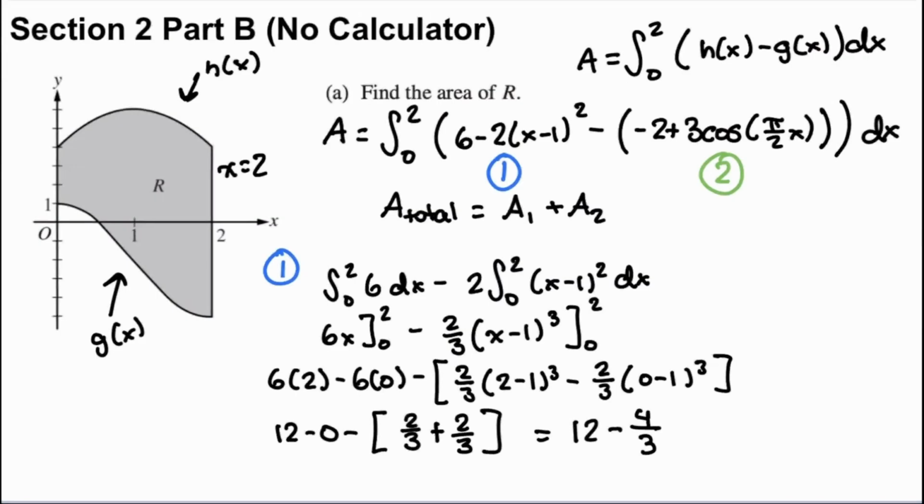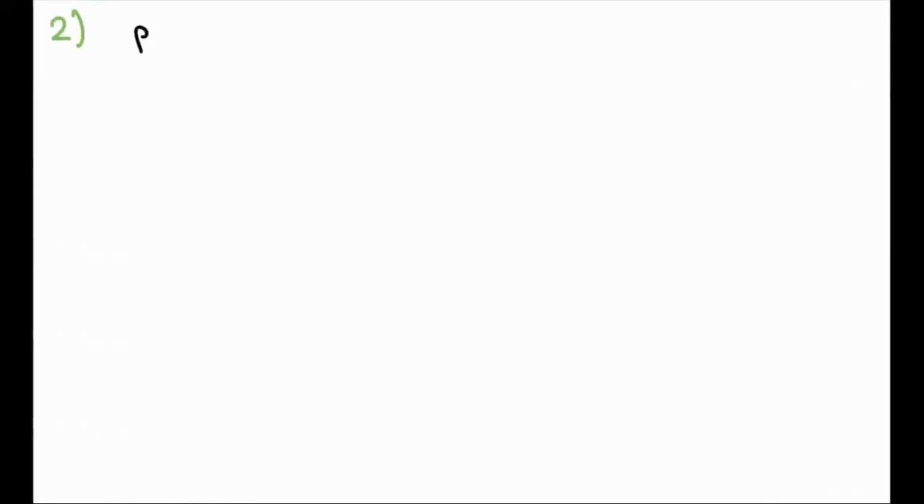Okay, so now we're going to take this side of the integral. I should mention that the total area would be A1 minus A2 because they're being subtracted. So I'm just going to adjust that little caveat. And so area 2 is going to be equal to this integral from 0 to 2 of negative 2 plus 3 cosine of pi over 2 x